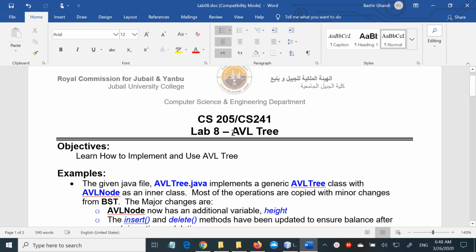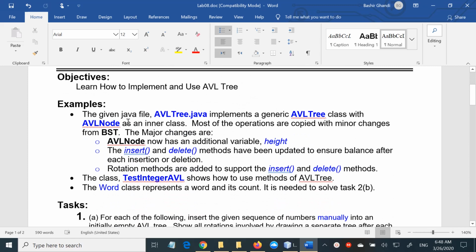Lab number 8 is about AVL trees. And as usual, the objective is to learn how to implement and also how to use, in this case, AVL trees. So as examples, we are given full implementation of the AVL tree